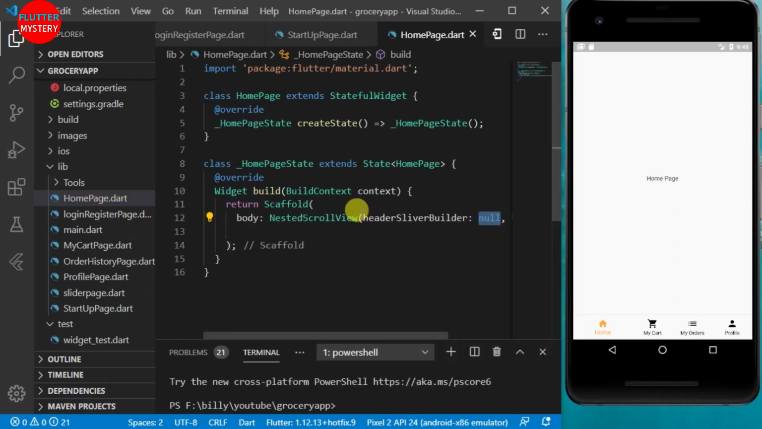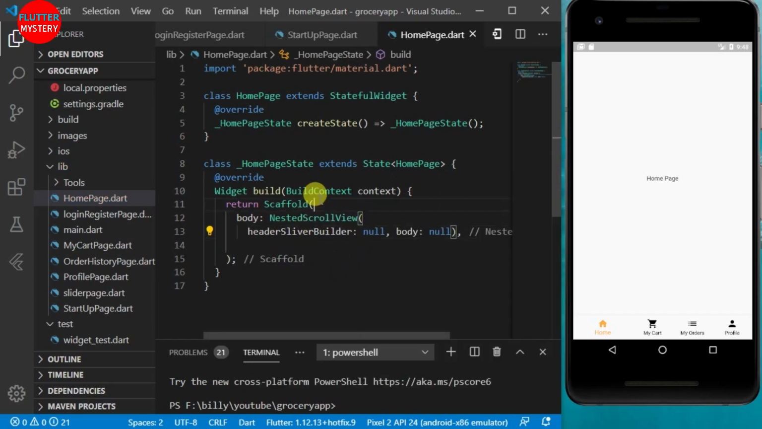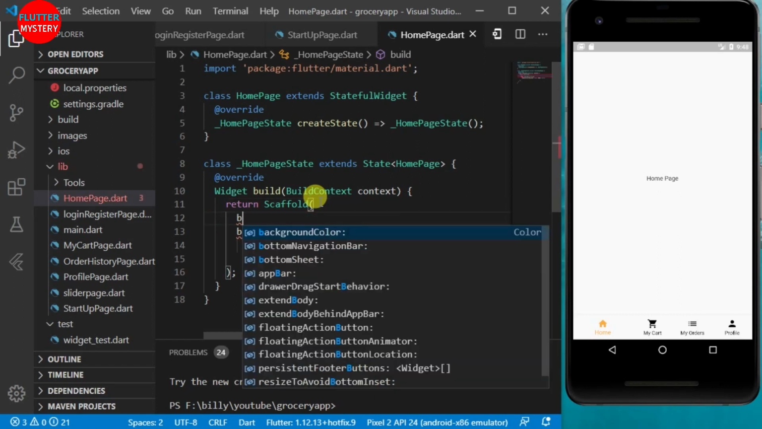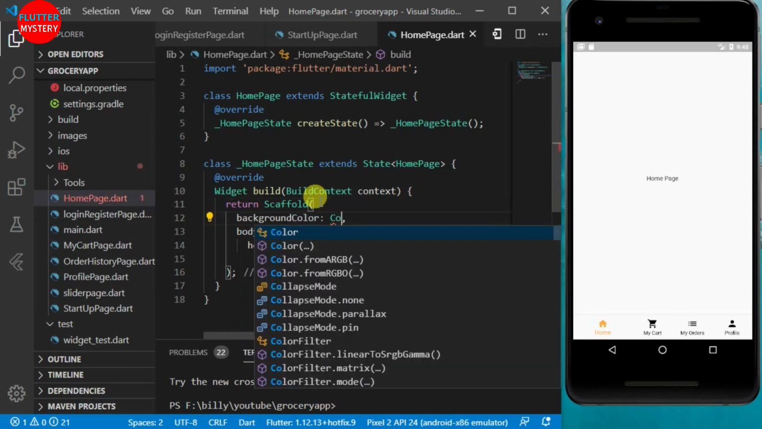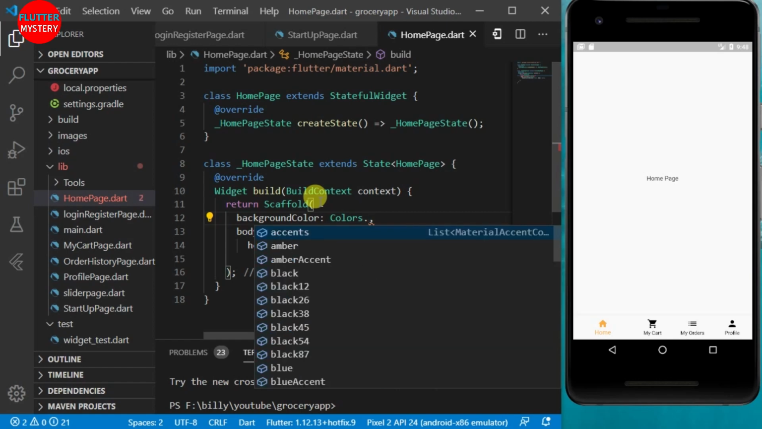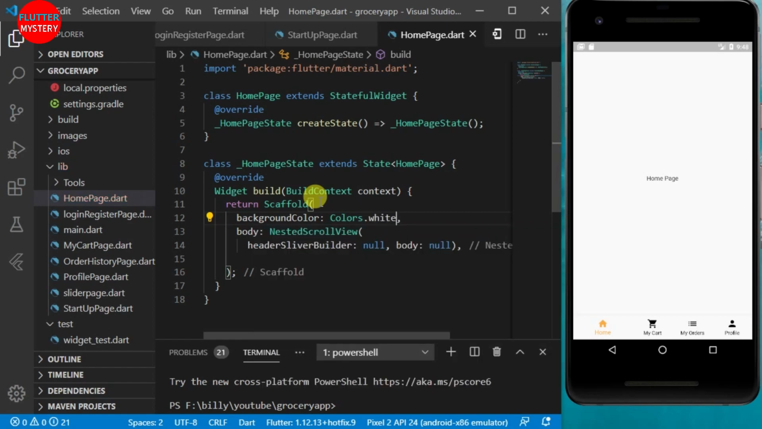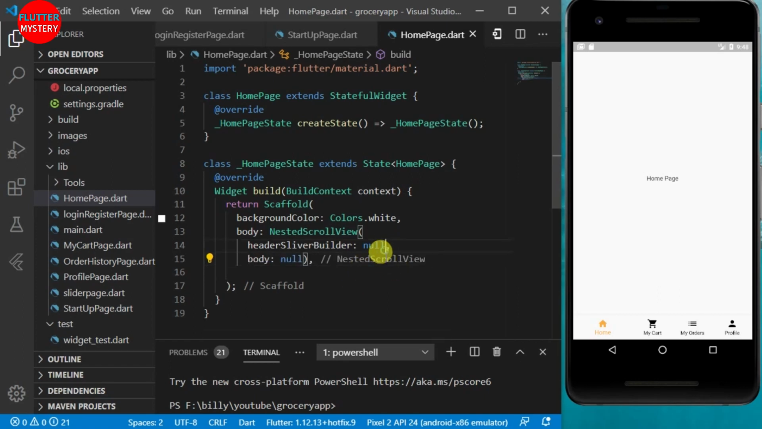Alright, let me break it down. I always want my background color to be white, Colors.white. Alright, and let me bring these two down. So our header sliver builder,